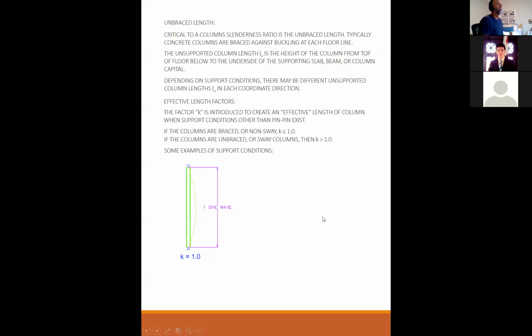So, some examples of support conditions. If you have a true pin-pin condition, then the bent shape follows the shape of a sine wave, and k is equal to 1. You remember all of this braced stuff? I'm going to show you some of it, but it all comes from Euler's equation for a critical buckling load. That was based on pi and sine waves and differential equations of sine waves. So one full sine wave is k equal to 1